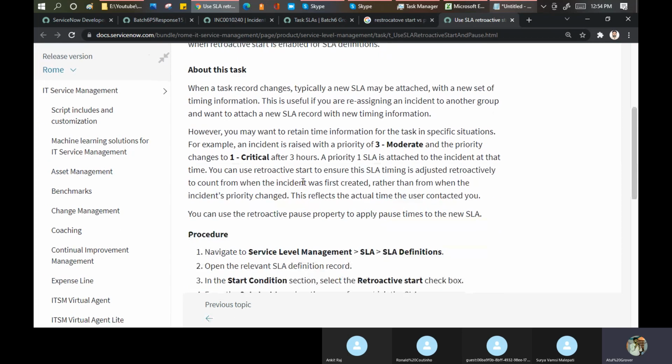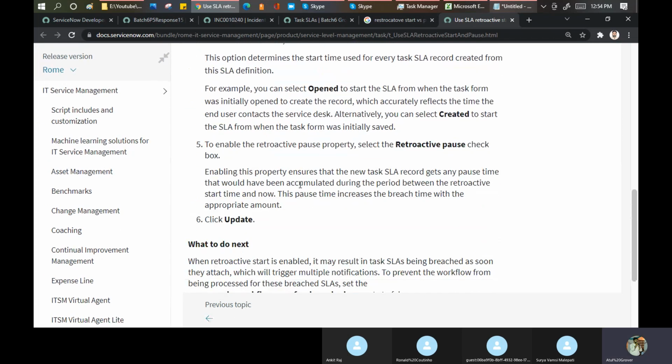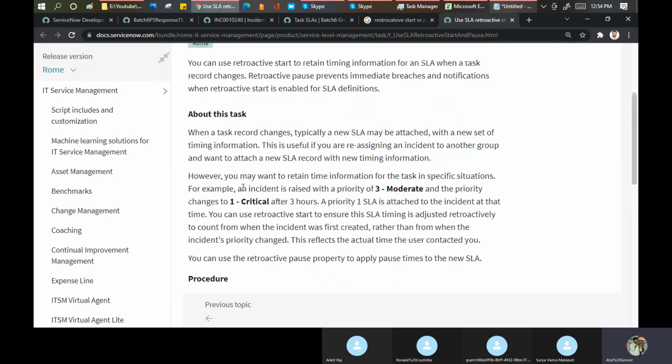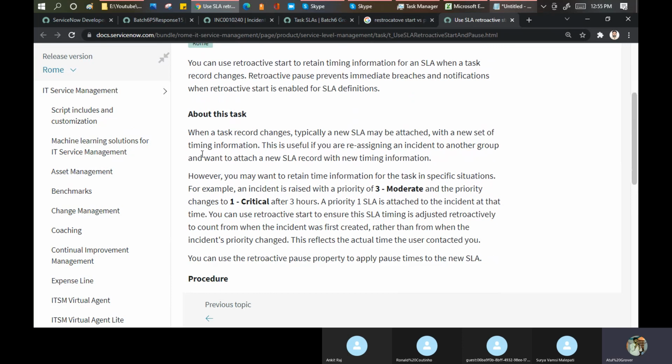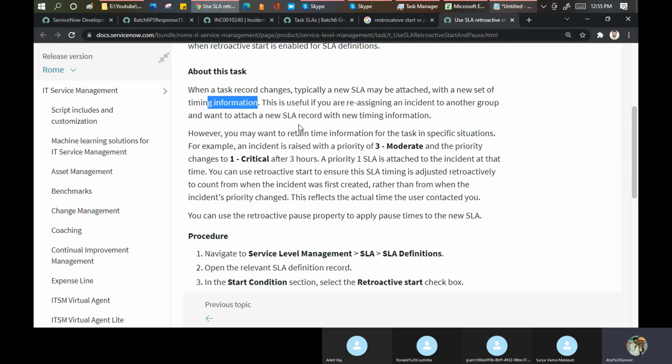So what they're saying here, if I go on this part, first I'll go this part. Retroactive start and pause. When a task record changes, typically a new SLA is attached with a new set of timing information. Okay, let's go over the example which we just discussed. You may want to retain the time information of the task in the specific situation.